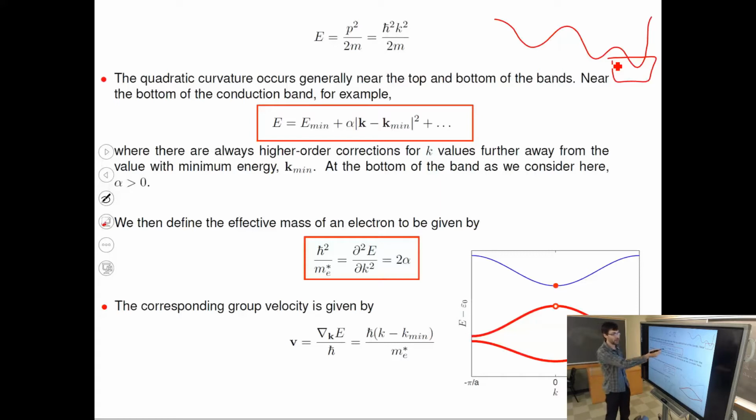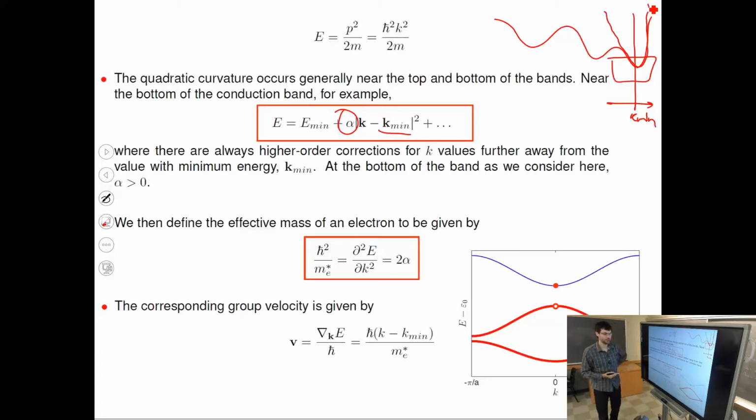Then we can expand this potential around this K min and E min point, which will be right here. This will be K min, K minimum at the minimum of the band. And this parameter alpha will be basically responsible for how wide the parabola is that we can fit into this minimum. So it doesn't reproduce the entire band structure, but around the minimum, it's this formula.